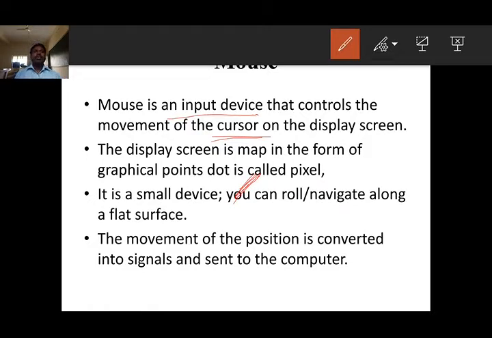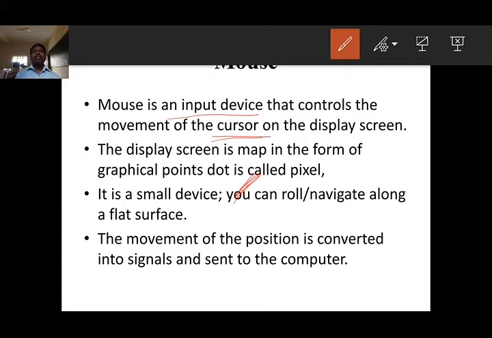The cursor is controlled by the mouse. So what is mouse? The mouse is an input device that can control the movement of a cursor on the display screen. So after opening your system, a cursor will appear on the display screen. The cursor is controlled by the mouse. So with the help of the mouse we can control the cursor.